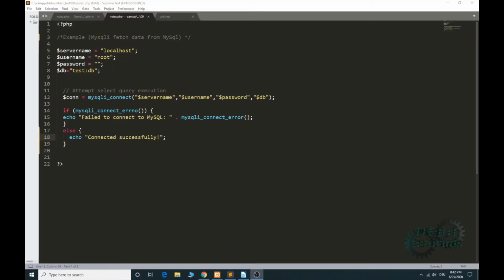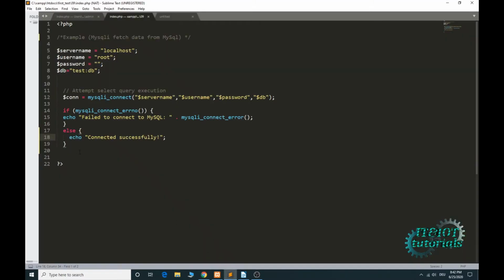Hello everyone, in today's tutorial I will explain how to fetch some data from your MySQL database using MySQLi. In the previous tutorial I explained how to do the same with PDO. In tutorial number 4 or 5 I already explained how to connect to your database, and that is the same code from that tutorial. If you check, you can see that everything works fine. But for this tutorial I don't need the else statement,